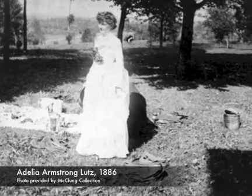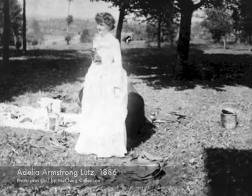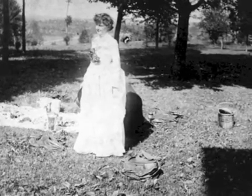Well, we're in the home of Adelia Armstrong Lutz and her husband John Lutz. She was a descendant of the Armstrong family that was a very prominent presence on Kingston Pike starting in the early 1800s. This house is known as Westwood. It was Adelia's house. She grew up in Bleak House, and her family originally started out at Crescent Bend on